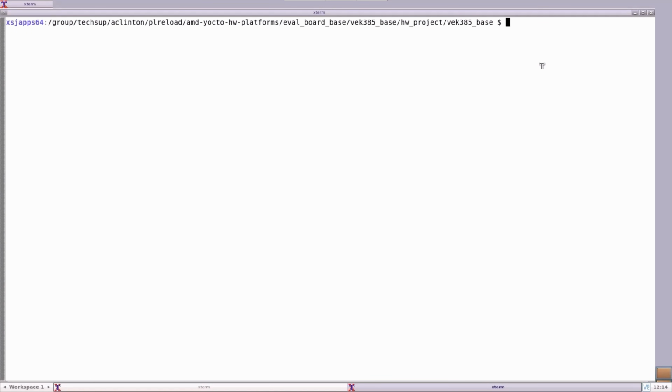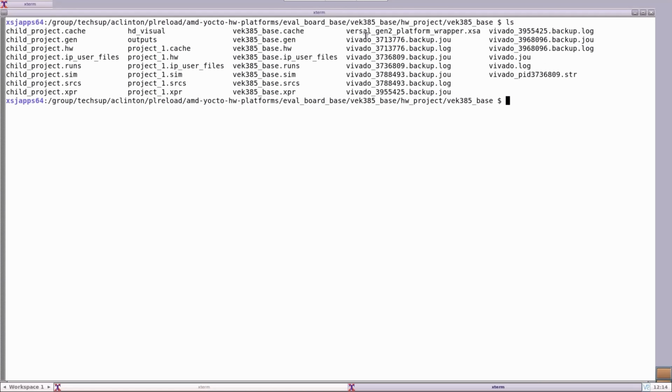First, extract the system device tree from the exported hardware XSA from the Vivado child project. This can be done using the SDTGen utility. To use this tool, Vivado must be sourced in the directory if it is not already. Next, to get into the SDTGen interface, run sdtgen. Specific SDT parameters can now be entered to configure the device tree generated.